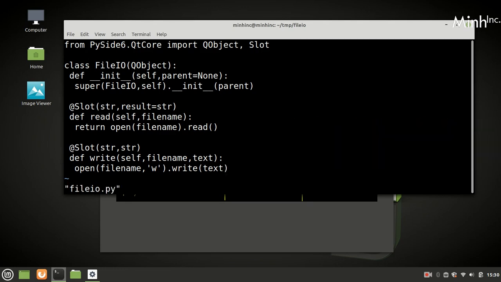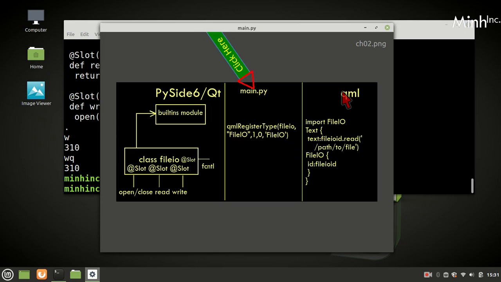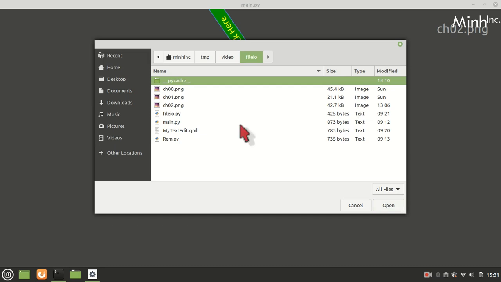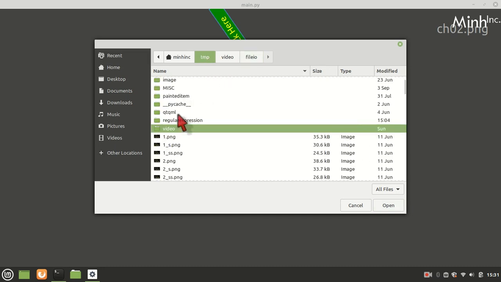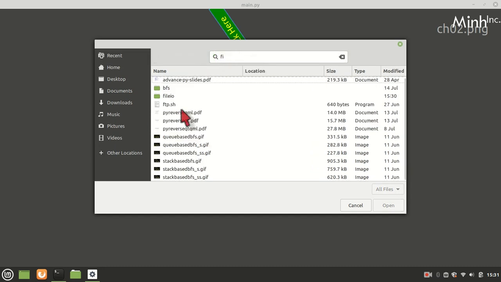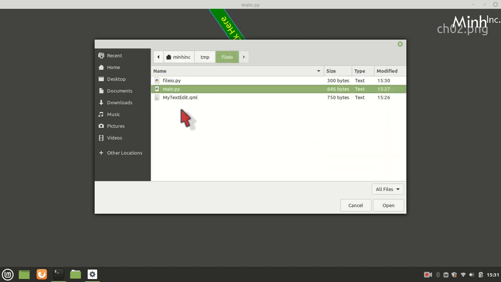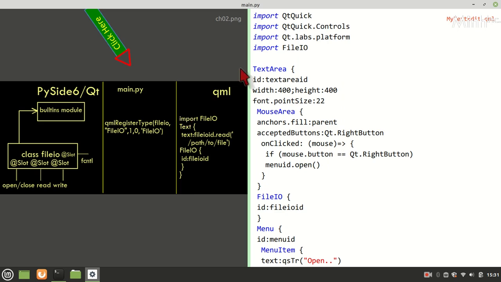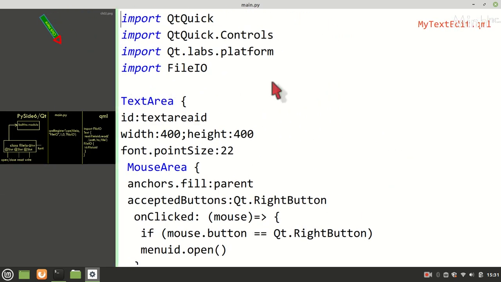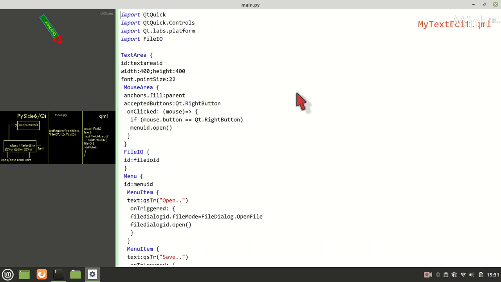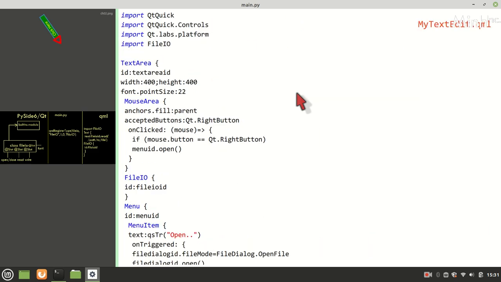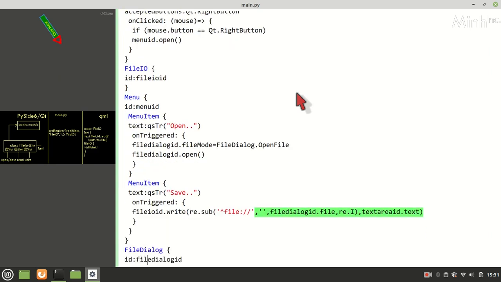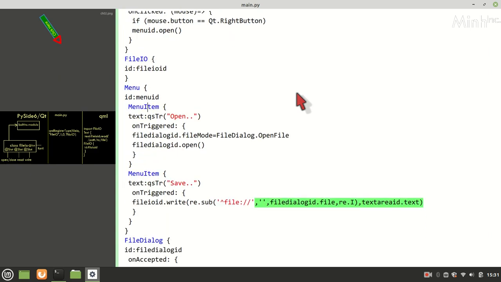Now this is both files, we can show it here, and we are in file IO. So we wrote my text QML. Here, Qt Quick. Now we are importing file IO and using a text area, and a mouse area for right clicking, then file IO, and then menu items.